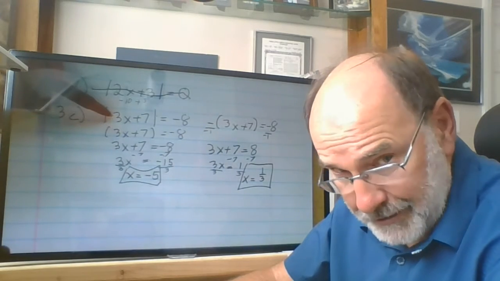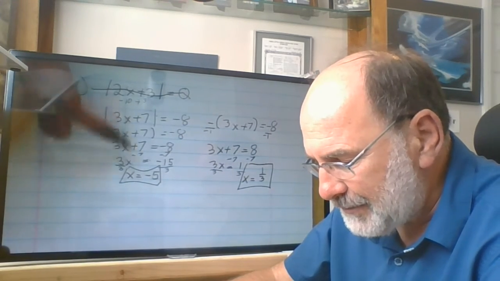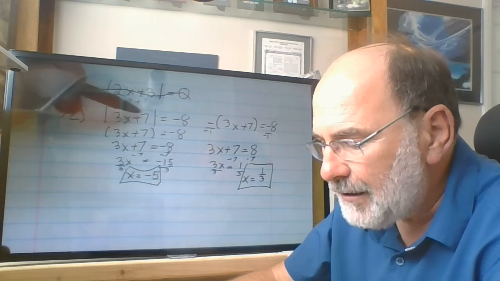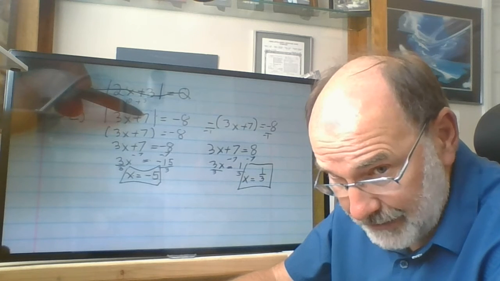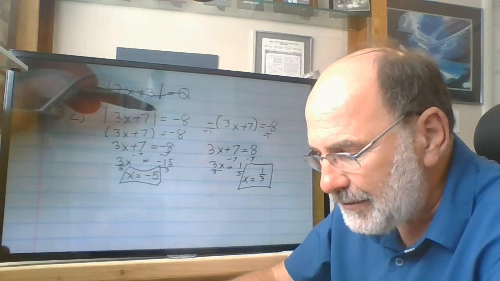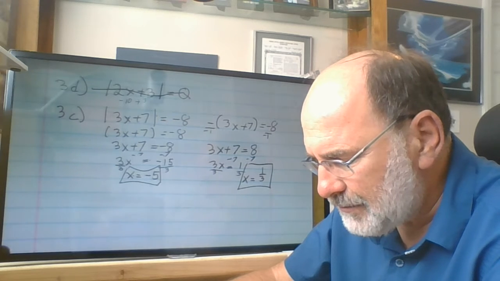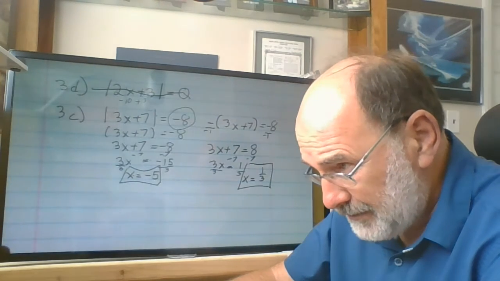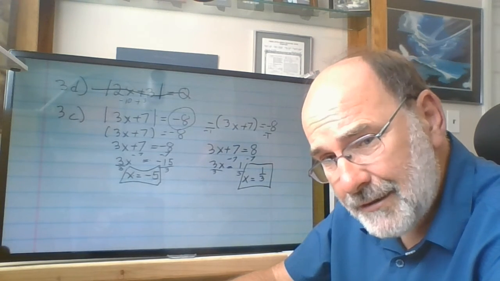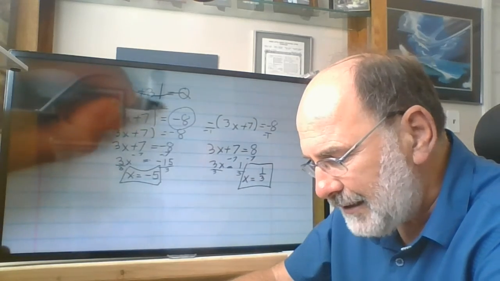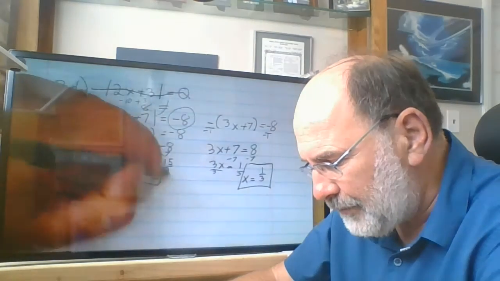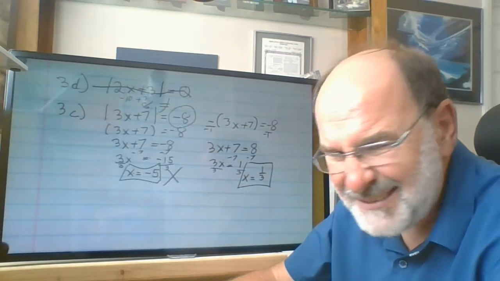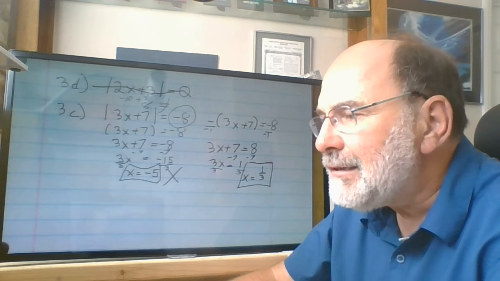Okay, let me plug it into the correct problem. 3 times -5 is -15. -15 plus 7 is -8. The absolute value of -8 is 8. This says I need to have it equal to -8. 8 is not equal to -8. And therefore, no, this doesn't work. As tempting as it is to say, well, it's just a minus sign. Looking at the original problem,